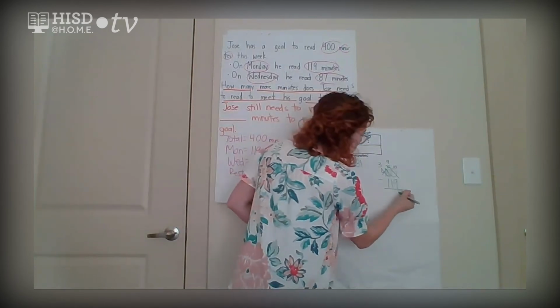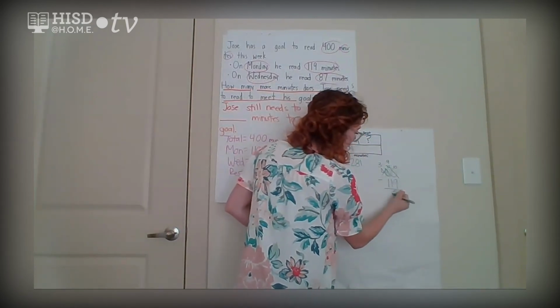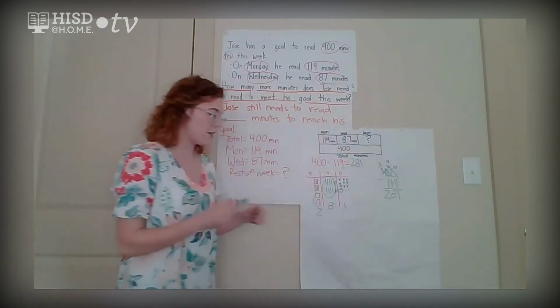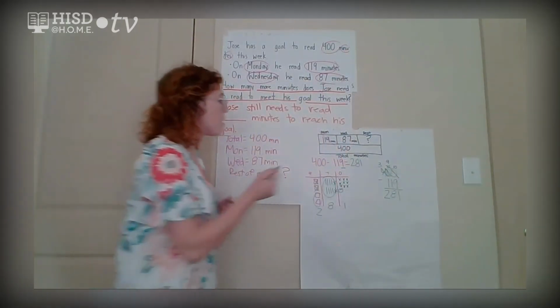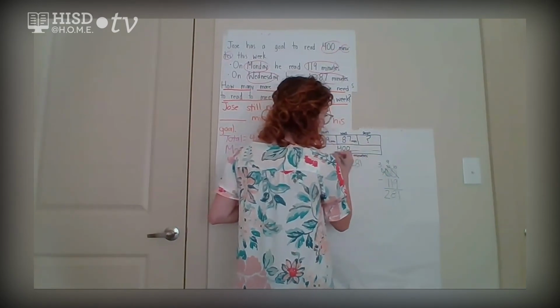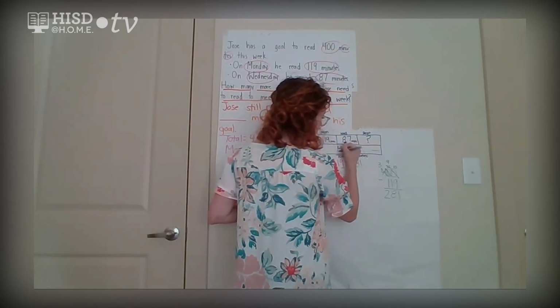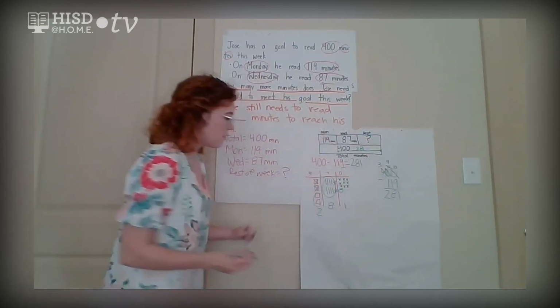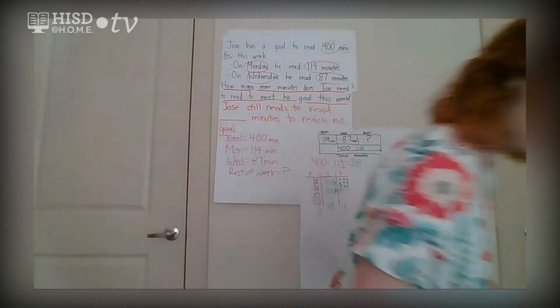10 minus 9 is 1. 9 minus 1 is 8. 3 minus 1 is 2. 2, 8, 1. Now I know that from here on is 2, 8, 1. Between here and here. So now I'm going to subtract